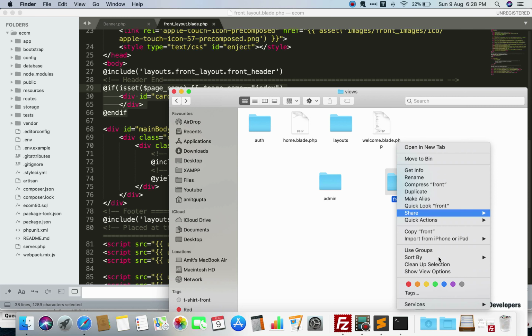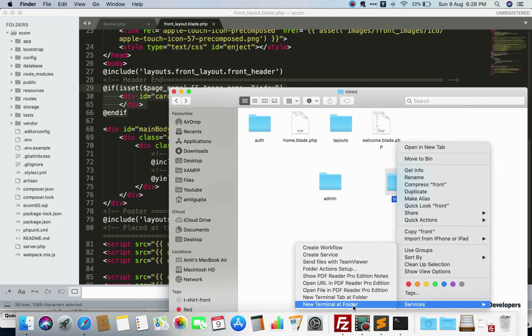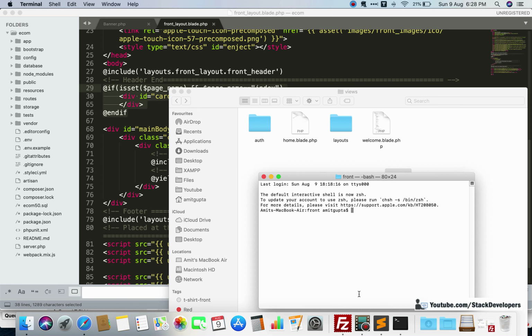In Windows you can simply create your file in the front folder of resources views. Here I'm going to create a file. I think home page banner seems to be fine. So let's see, home_page_banners, like this, .blade.php.